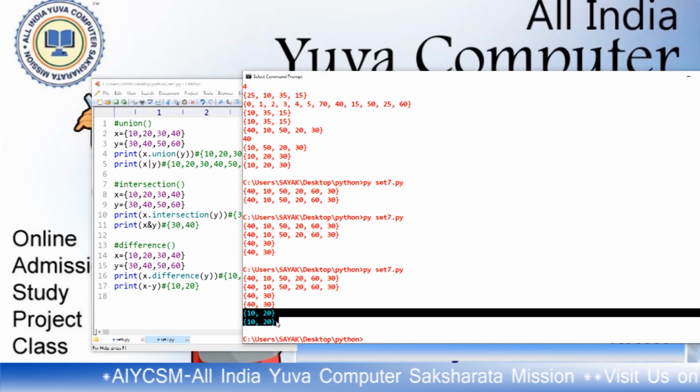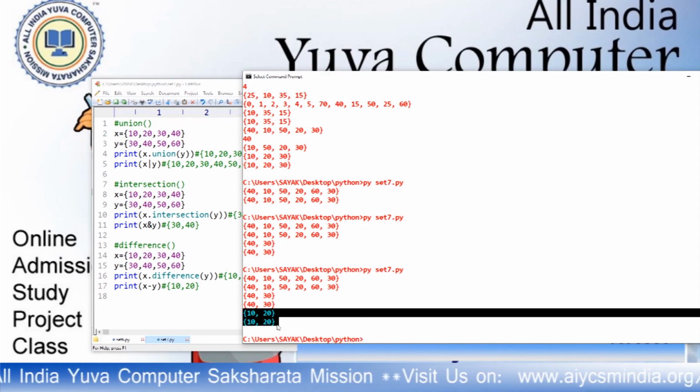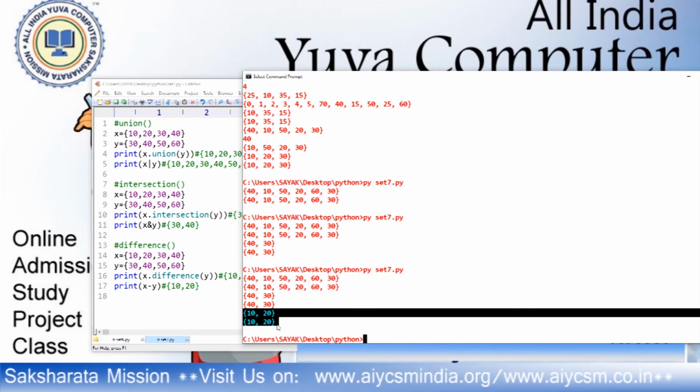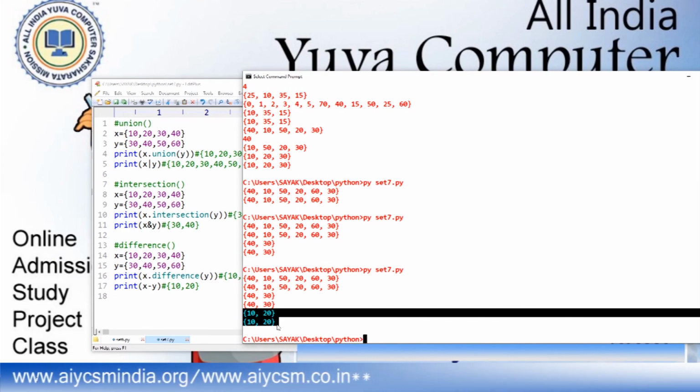There is another different thing which is known as symmetric difference, which is just the difference. It will return the elements present in x and also the elements present in y, except the common values, it will return all except the common values.